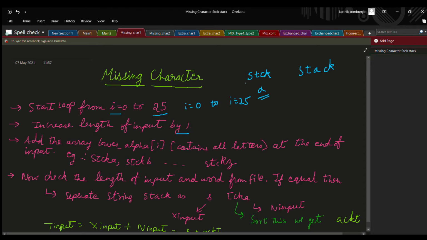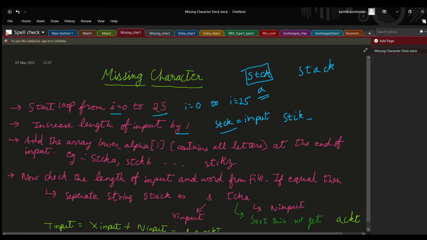See, I have entered STCK over here and it will be stored in some variable called input. STCK will be stored in the input variable, and now what I will do is increase the length of this. So it will be STCK and a placeholder.